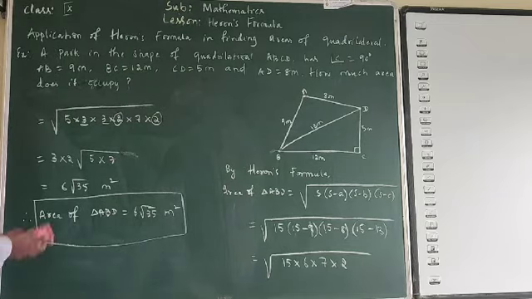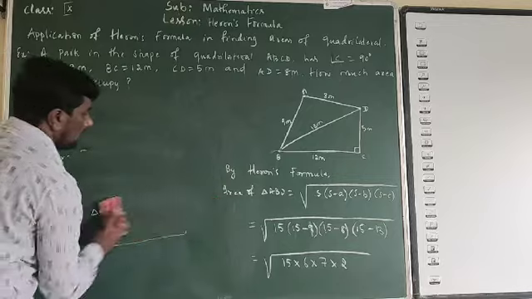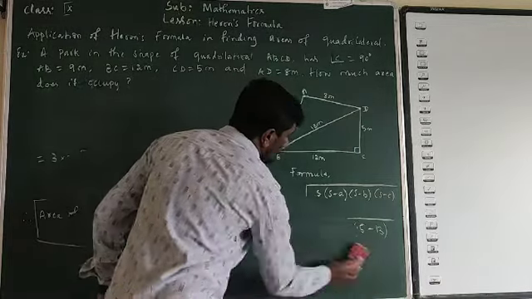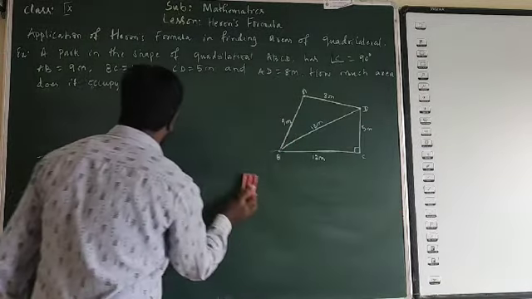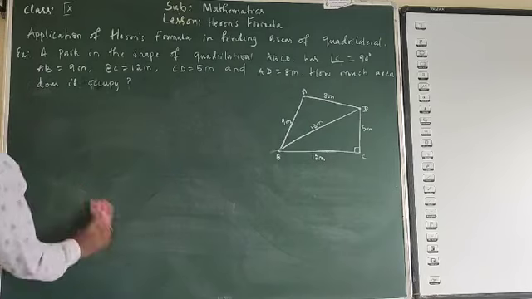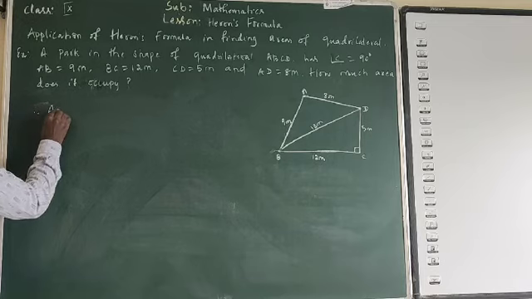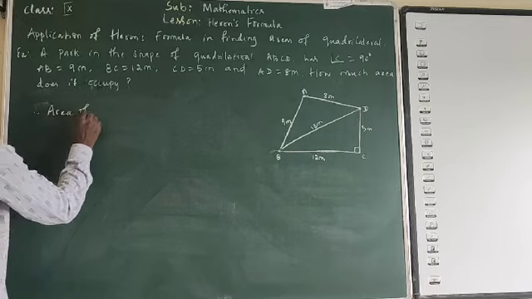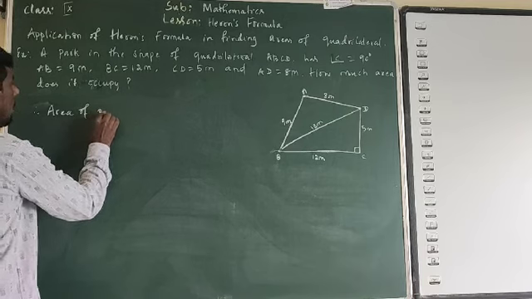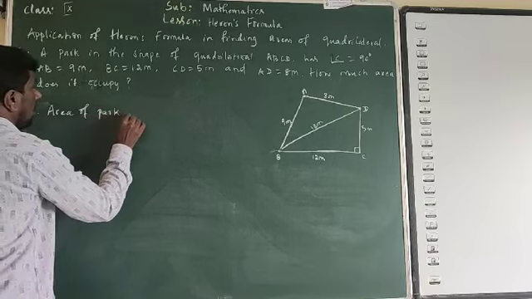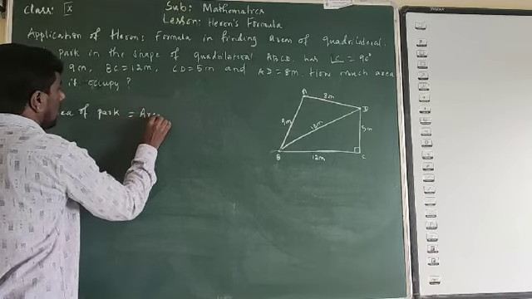Now the area of the park is equal to, therefore, area of park is equal to